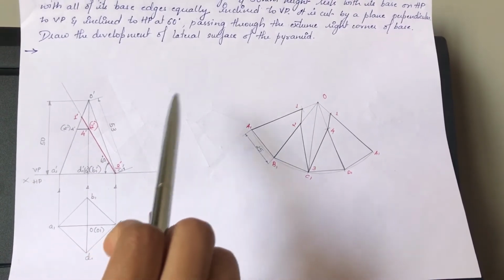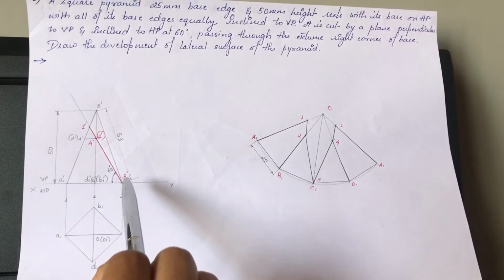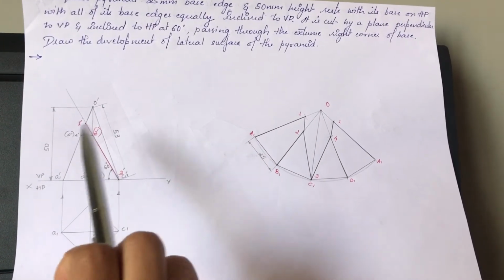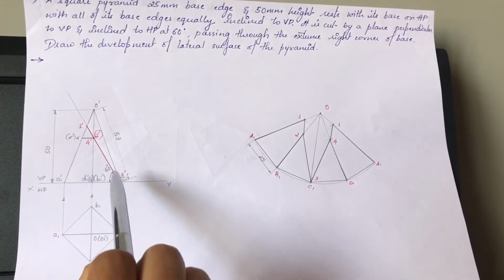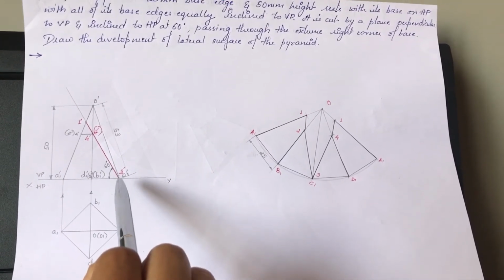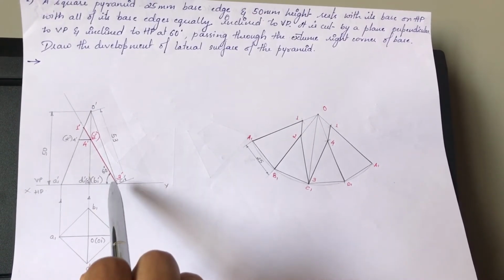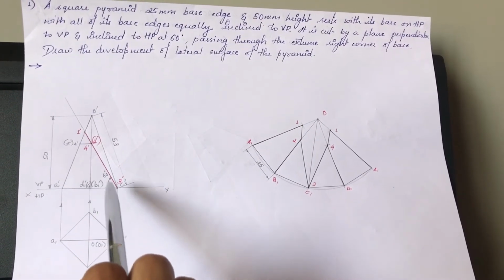You cannot mark the 60 degrees on this end, because if you have a plane sectioned here, it is not going to cut this pyramid in any way. Therefore, it has to go in this direction itself. So by placing your protractor at this point, you mark 60 degrees, and then you get a plane such that it will intersect all the edges. So this is the plane that you see.